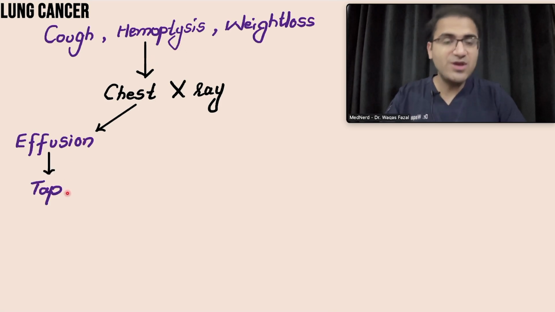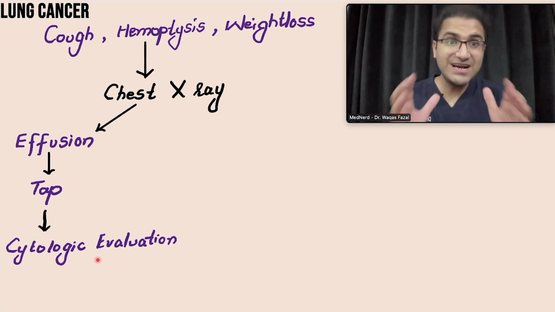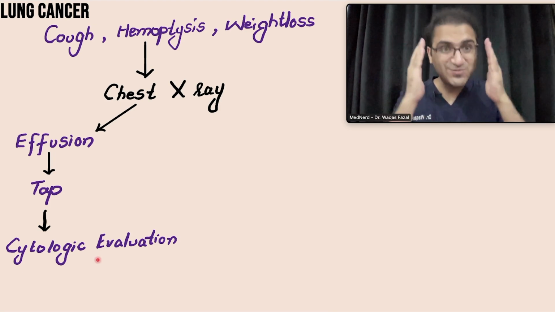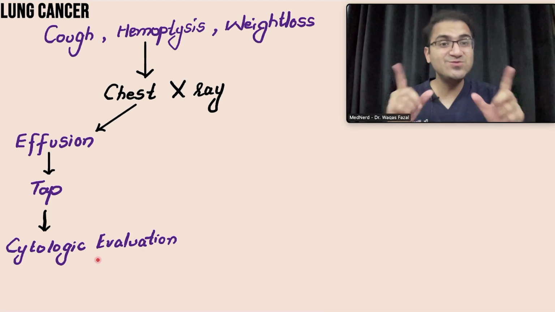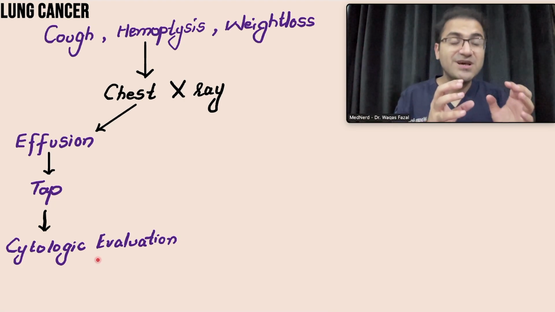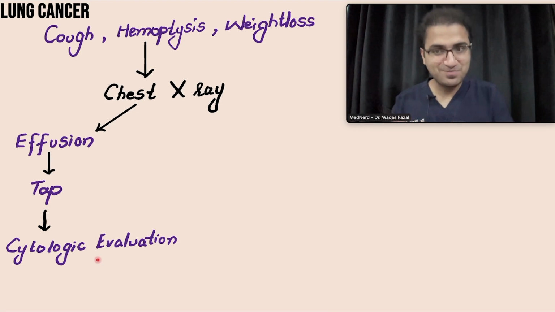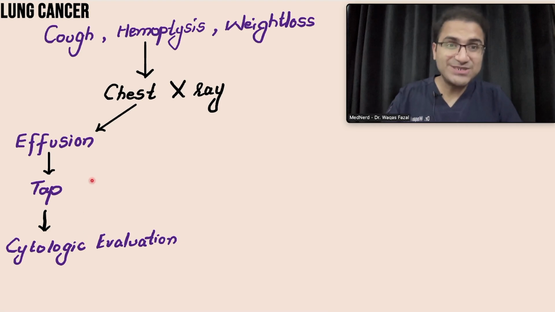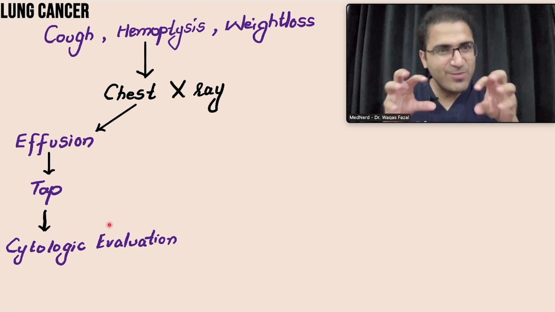is tap the effusion and send that effusion sample for cytological evaluation, because many lung cancers can present with effusions, especially adenocarcinomas, because adenocarcinomas are mucin producing tumors, and these mucin producing tumors have the tendency to produce effusions. Tumors or lung cancers that are caused by asbestos can present with effusions. So if you suspect that the patient has malignancy and there is effusion present, you must tap the effusion and send it for cytological evaluation. What they do is look at it under the microscope and look for the abnormal cells,